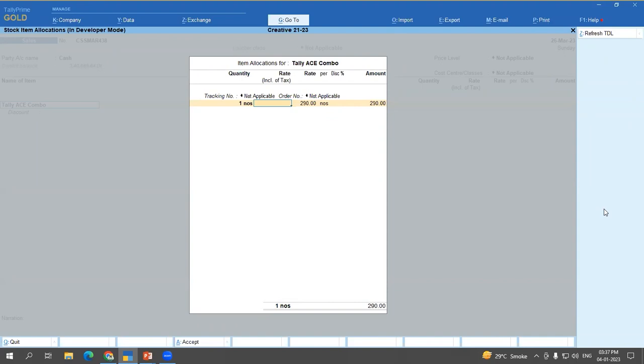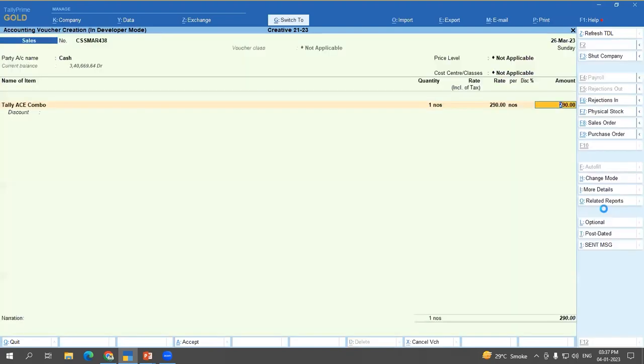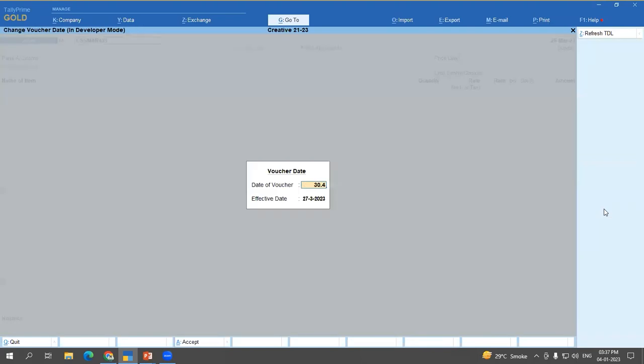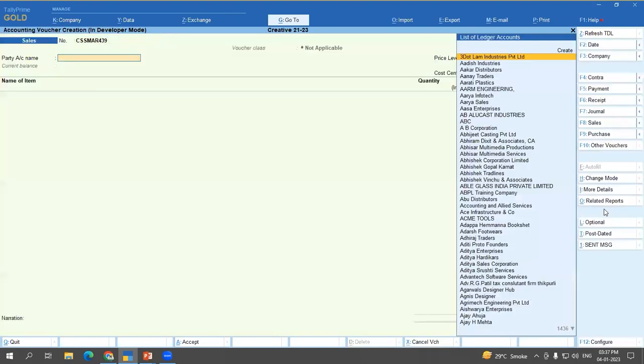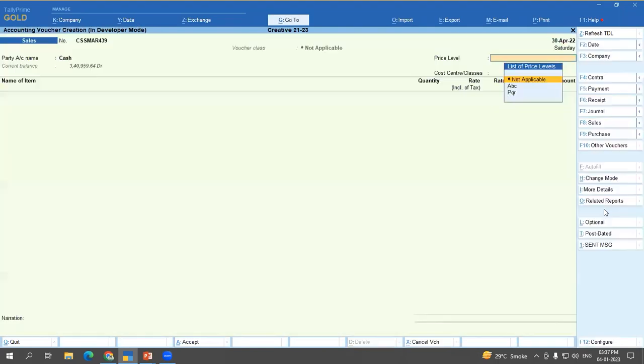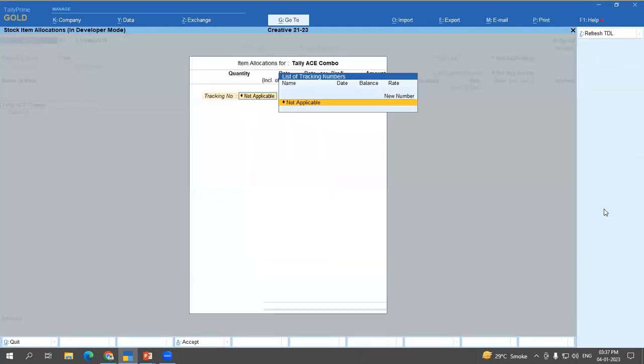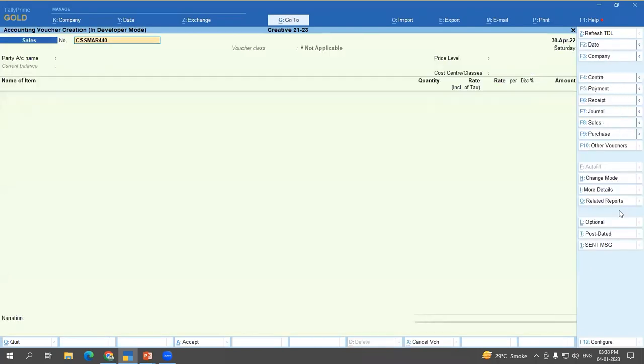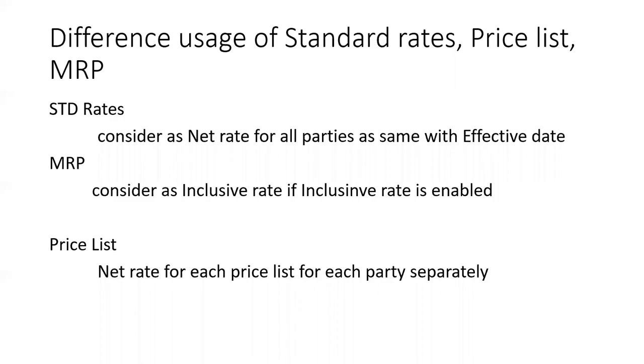So let's take one example of 30 April. Selecting again the same item, AC. See, the rate is picked up as 250. So by calendar, Tally is going to check each and every parameter. Don't worry about it. But when it should be used,